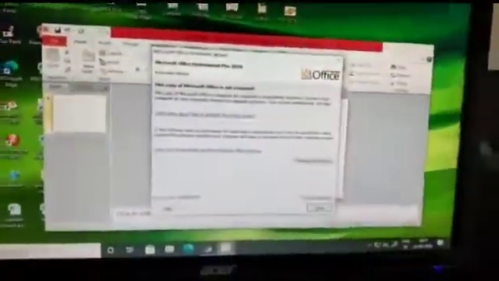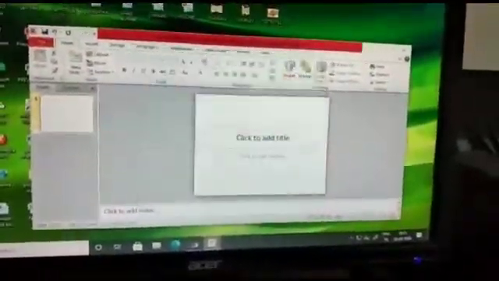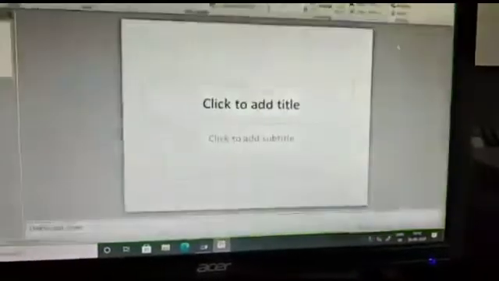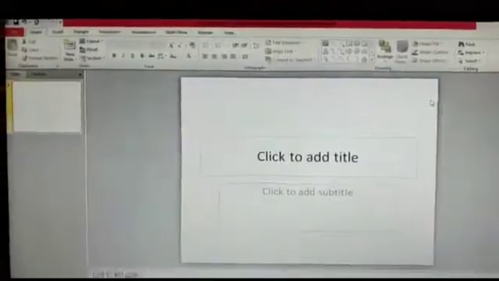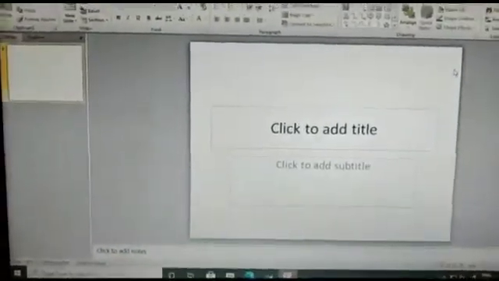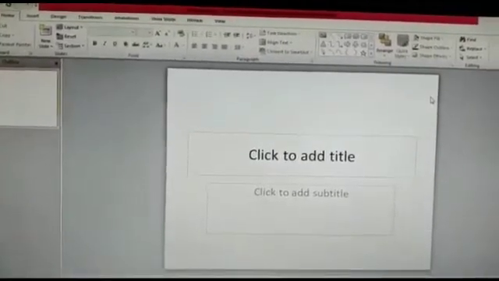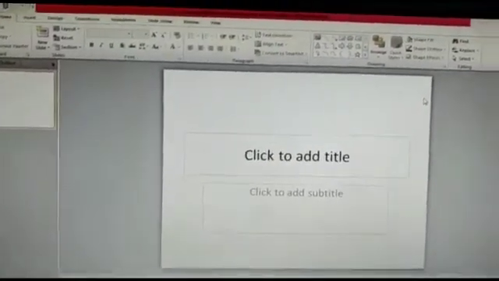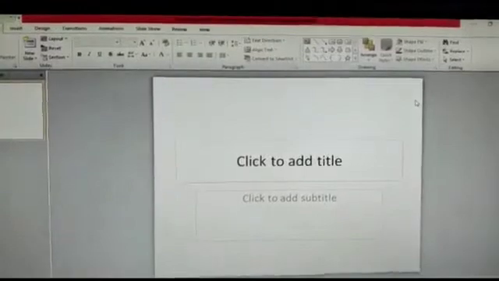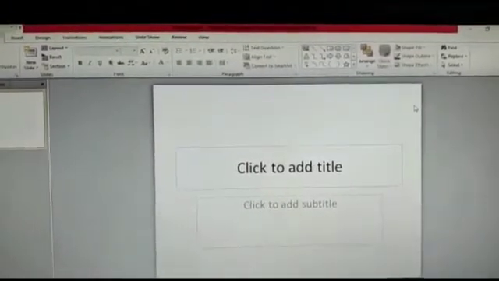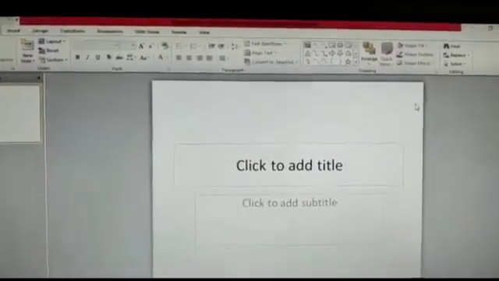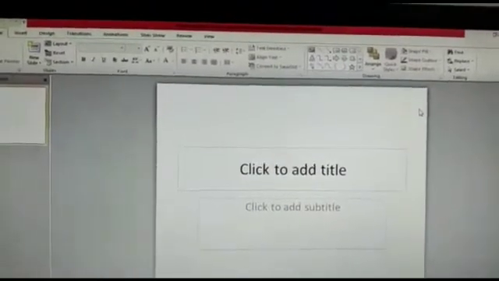In this way this page will open for you. This is Microsoft PowerPoint 2010. You maximize the screen. So what is a PowerPoint? PowerPoint is a presentation program developed by Microsoft. It provides us the tools with the help of which we can make presentations using words, graphics and media. So a PowerPoint presentation is also known as a slideshow.